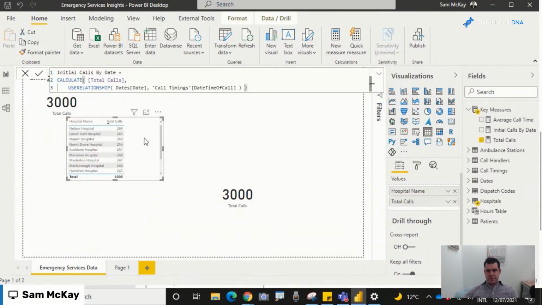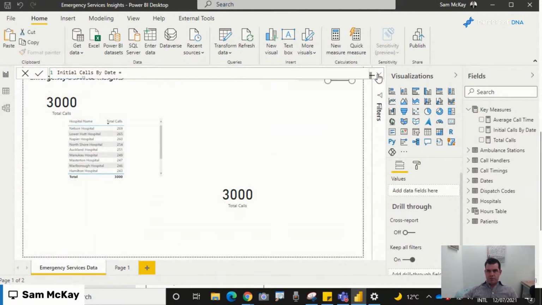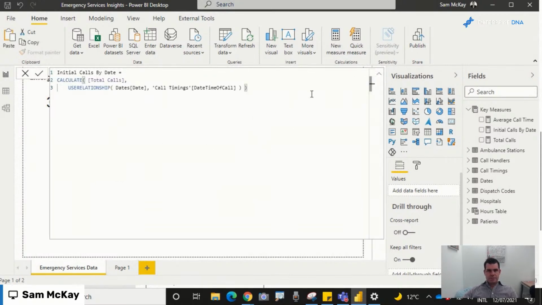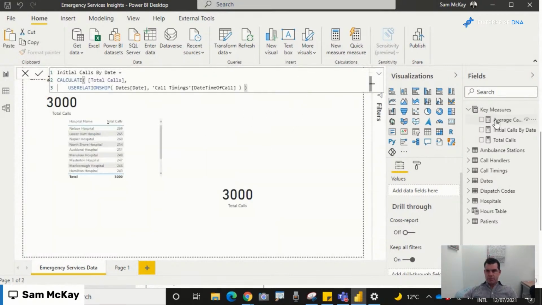Okay, I'm missing something here. I'm not 100% sure why that's not working, but let's just move on and create some other calculations, and we'll come back to it. So we've got